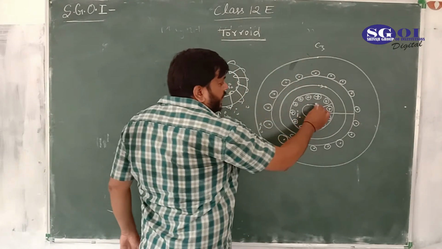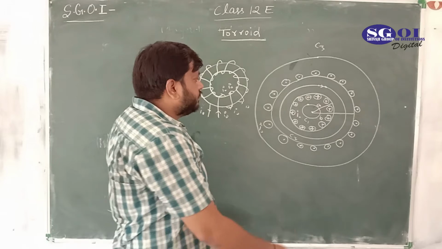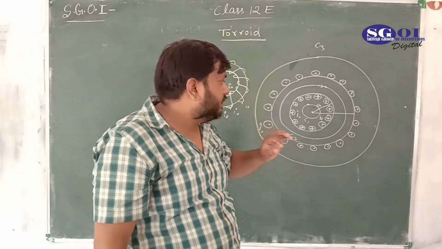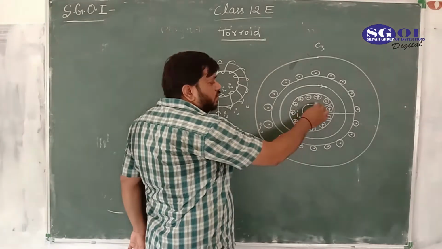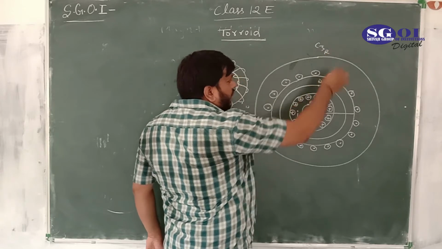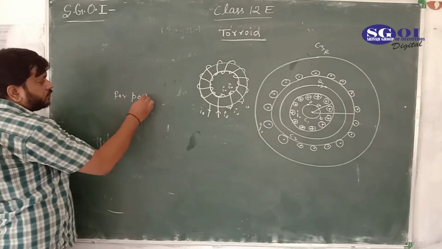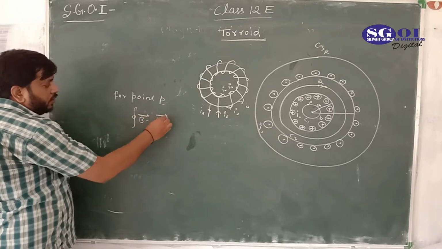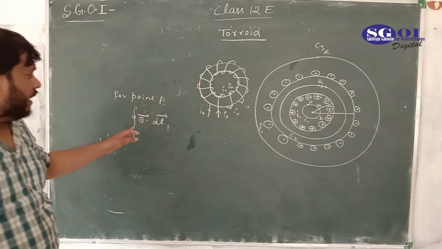First of all, we would find the magnitude of the magnetic field at this point, which is on this amperian loop. Actually, at which point do we want to find the magnitude of the magnetic field? That point must be on the amperian loop. So that's why this point is on the amperian loop. Let's say this is point P, this is Q, and this is R. So for the point P, integration B dot dl over which curve? This curve is named C1, so I am naming it C1, and B dot dl.